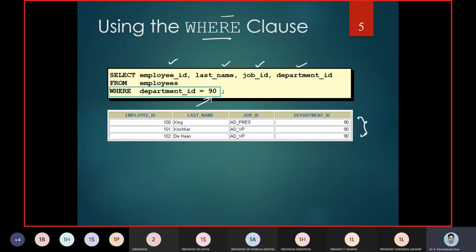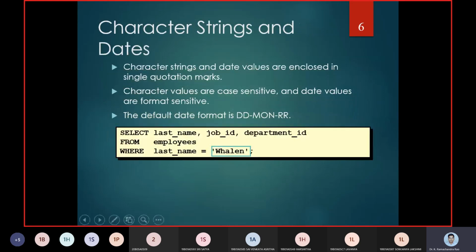Now you can observe that employees King, Kochhar, and De Haan belong to the same department. Why has it happened? Because we have used the SELECT command clauses: one is FROM the table where we need to get the data, and second is a condition that it belongs to department ID 90.